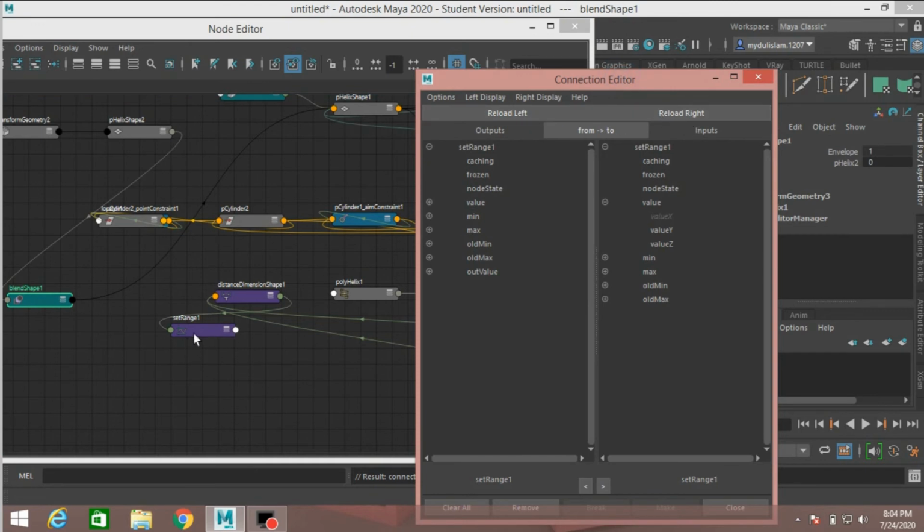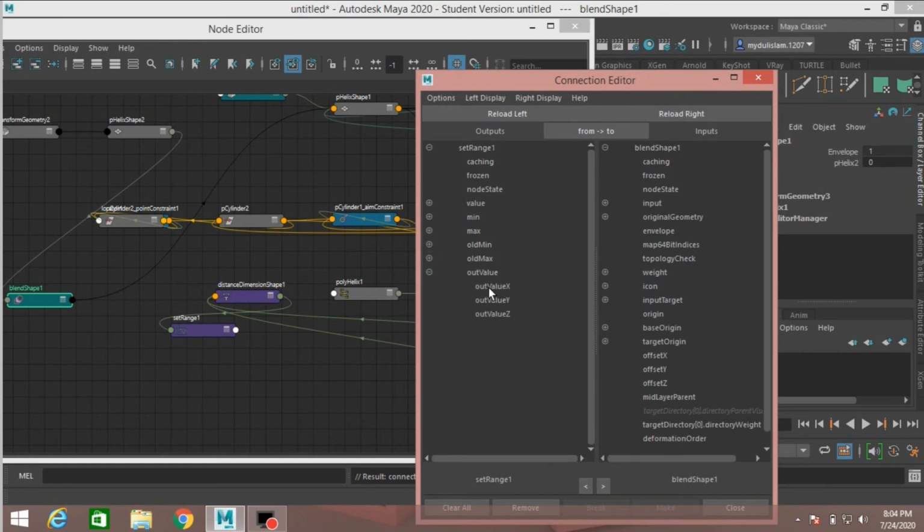Select the set range 1, reload it left and select the blend shape, reload it right, select out value X and weight select polyhelix 2.